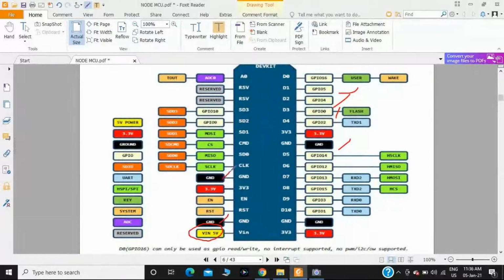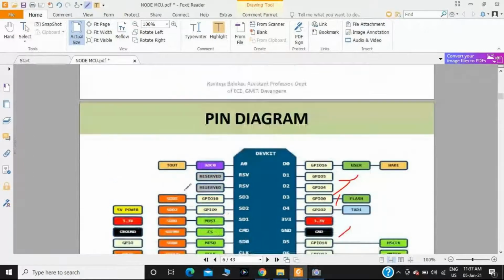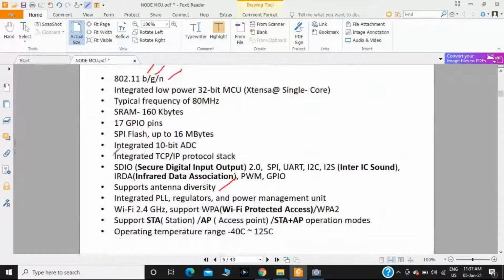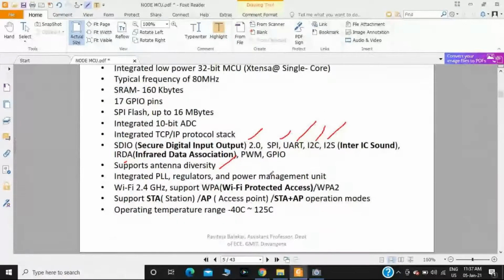In the Node MCU, you have a total of 4 ground pins, and the remaining pins can be used for different applications or interfaces: SDIO, SPI, UART, I2C, I2S, IRDA, and the remaining 2 are PWM with GPIO.